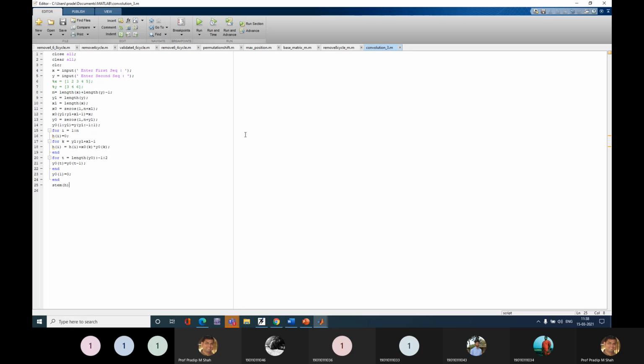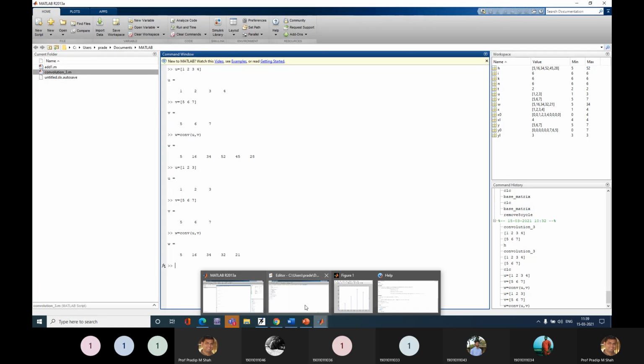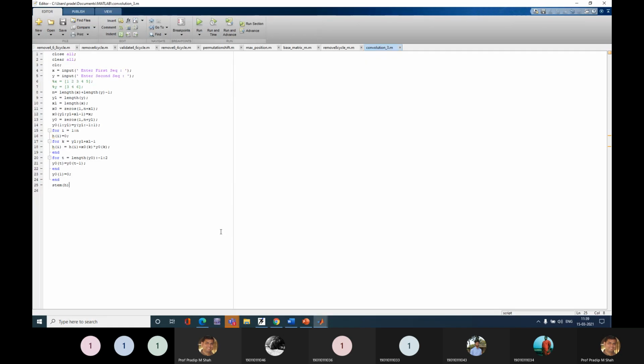This is the expansion of the inbuilt command conv, which we use on the MATLAB command prompt. So this is the conv command, and I'm showing the algorithm for the convolution command.